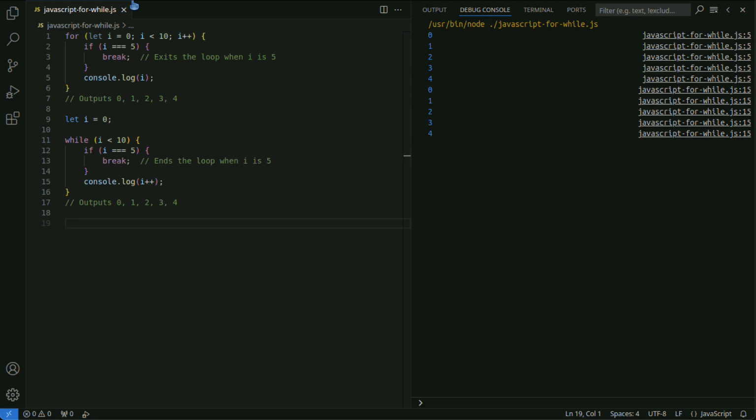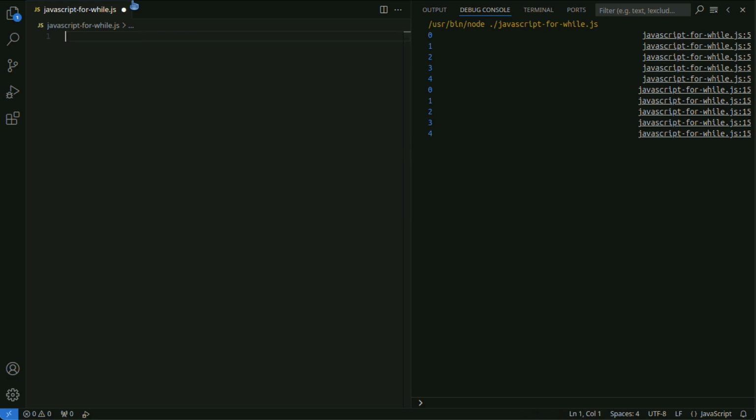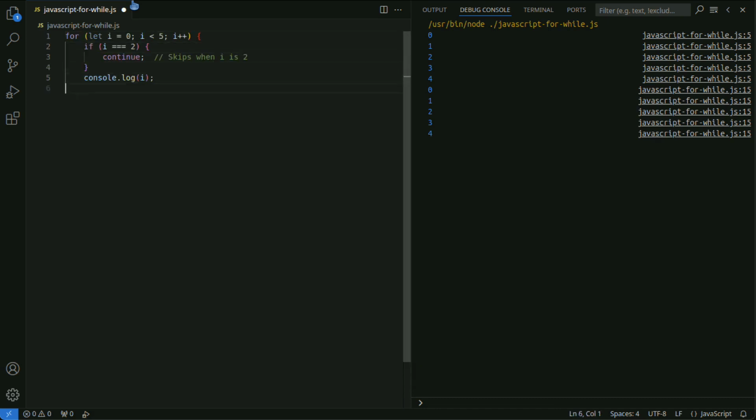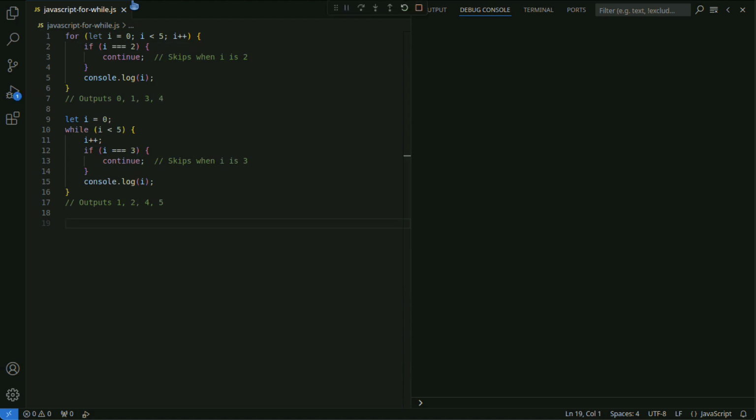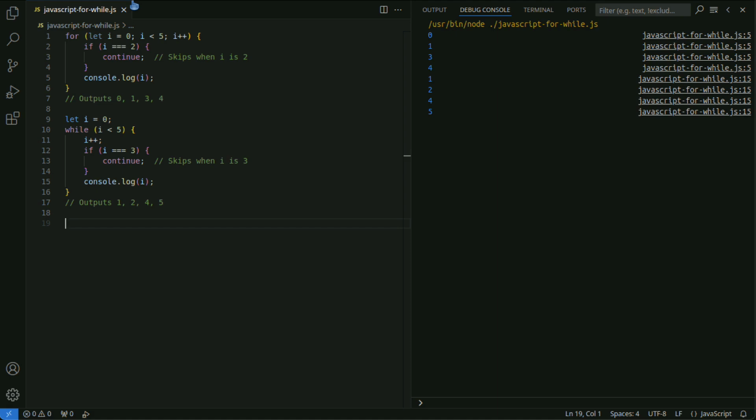As a result, numbers from 0 to 4 are displayed. In this case, continue is executed when i is 2. As a result, numbers other than 2 are displayed.